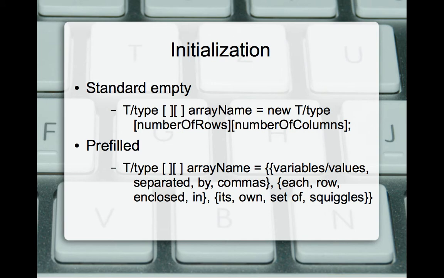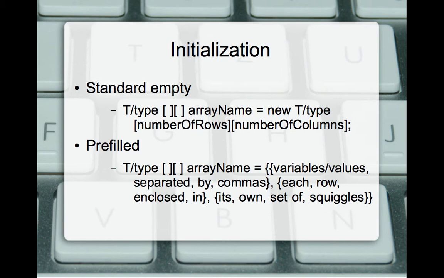We also want to talk about the initialization of an array. There's the standard empty initialization. As you can see here on the notes, I have capital T / lowercase t type, because arrays can hold either objects or primitives. So whichever kind of thing you're putting in there, you declare the type. The 2 square brackets empty, to indicate that it's a 2D array, because again, there's no keyword for array